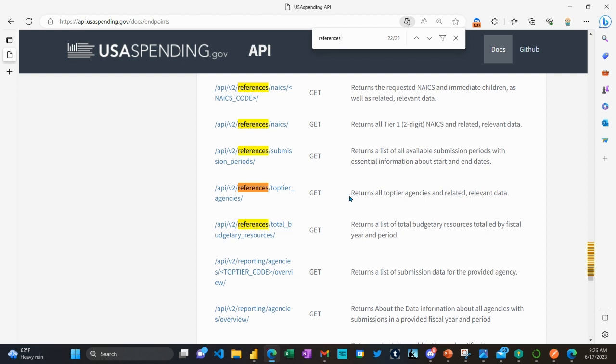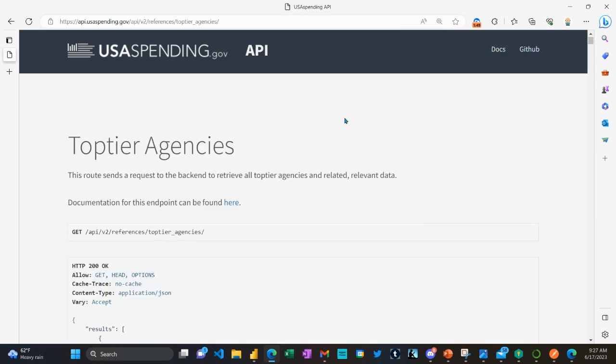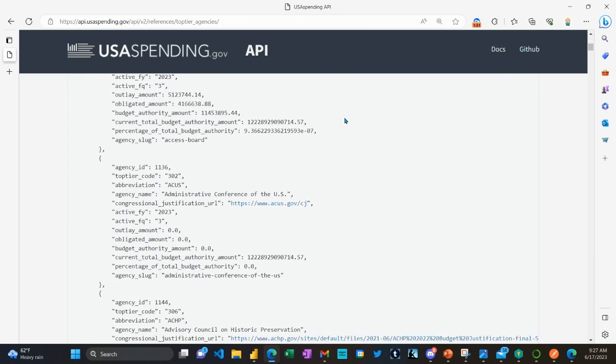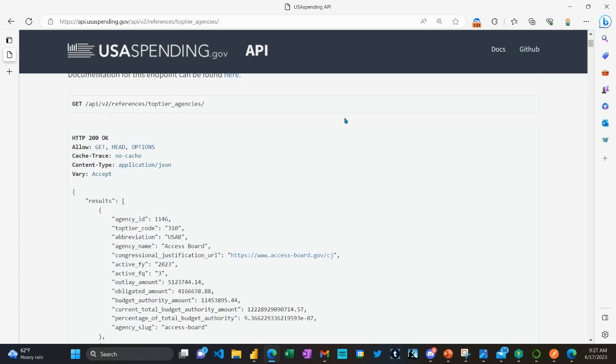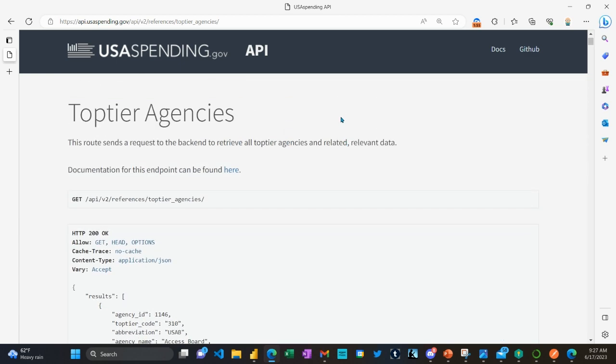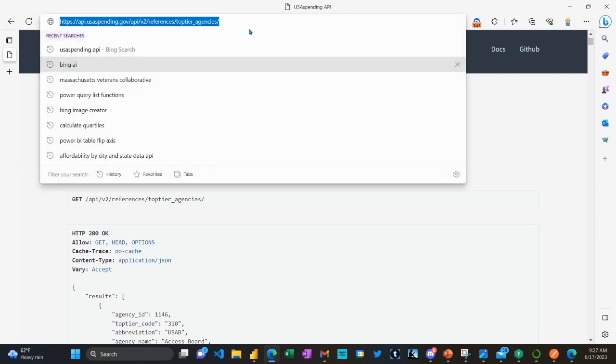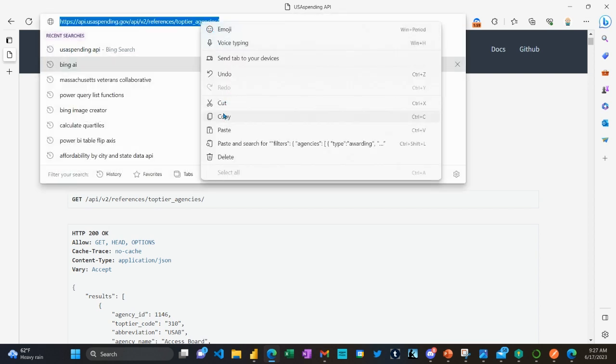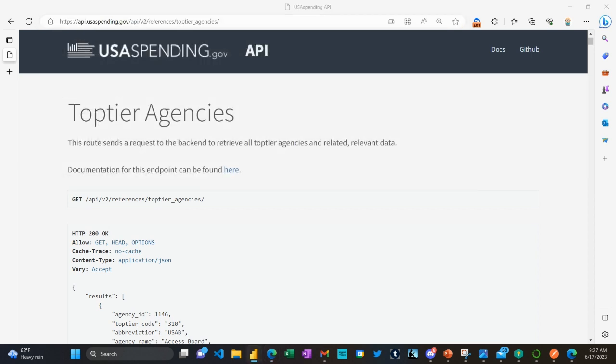Top tier agencies. So if you go to this one, just click it. Takes a minute. But then you'll get it. This is actually the list of top tier agencies. You can honestly just take this link and